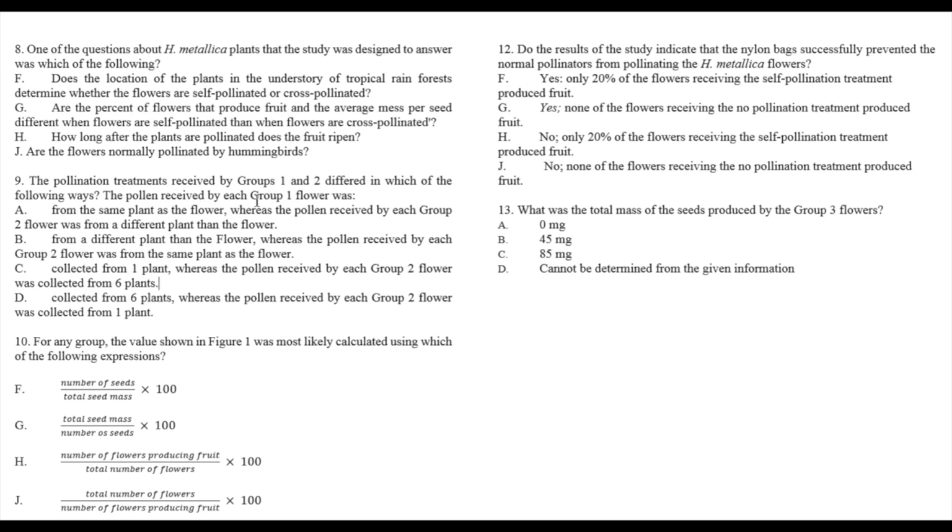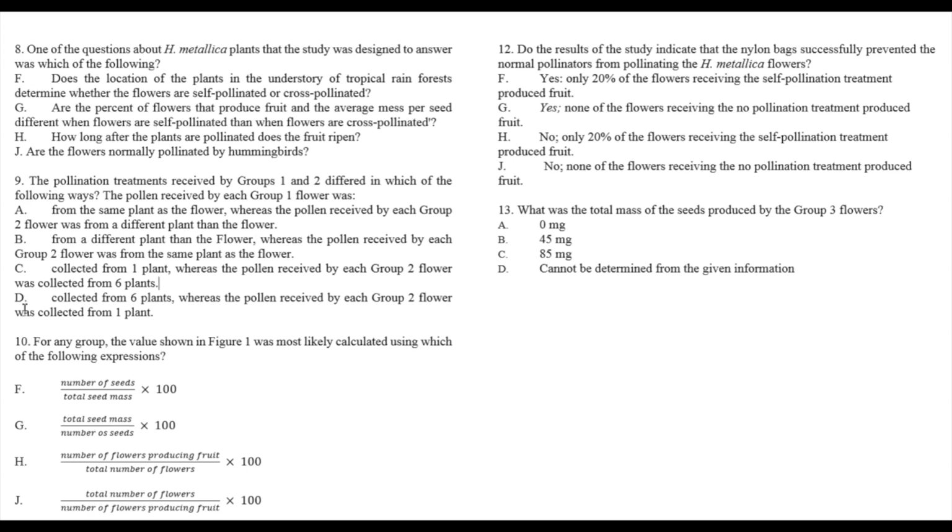Let's see, A, the pollen received by each group 1 flower was from the same plant as the flower, whereas the pollen received by each group 2 flower was from a different plant than the flower. That sounds promising, that sounds like what the table showed, but let's check the other answers just to be sure. The next option is B, from a different plant than the flower. Well, we know that's not true because group 1 is self-pollinated, which means it was pollinated with the same plant